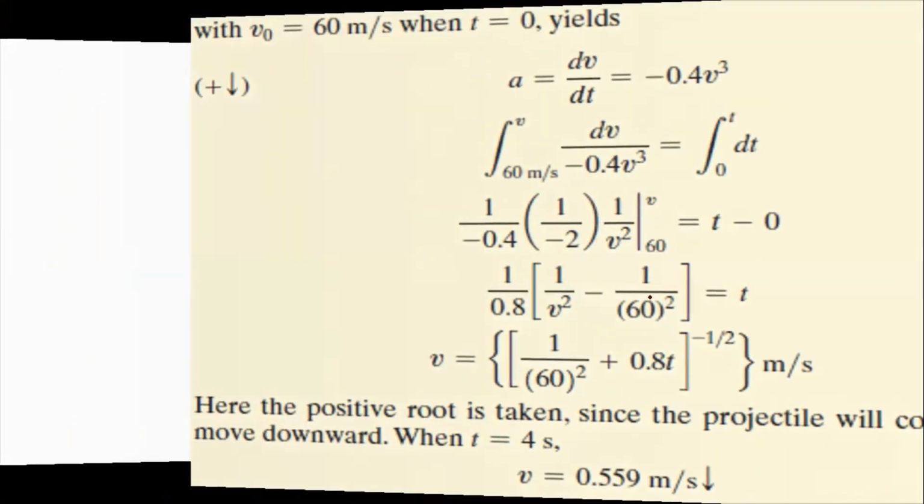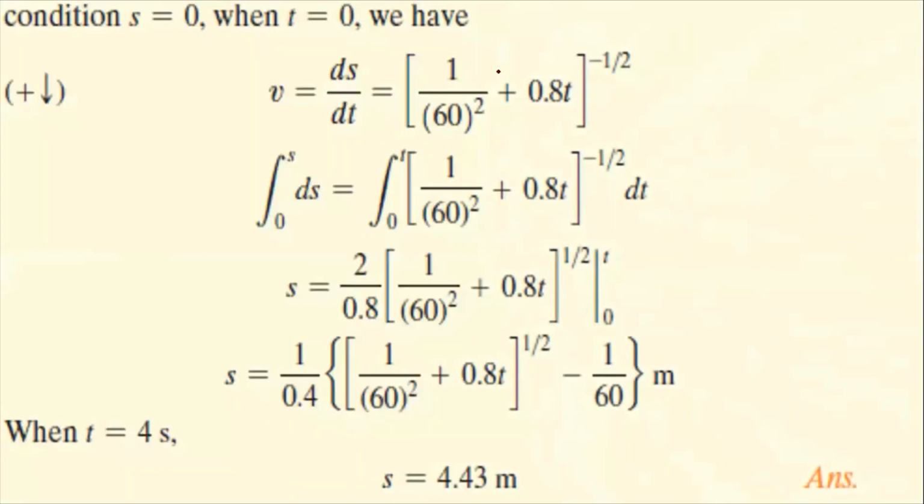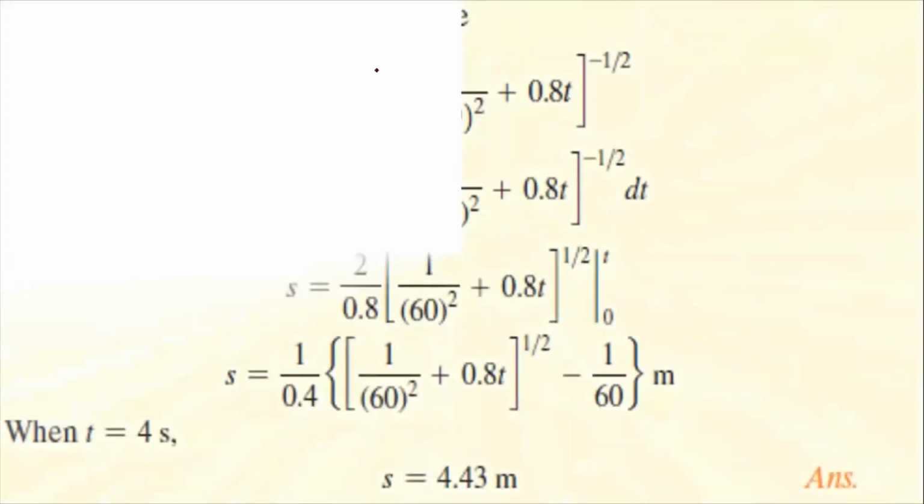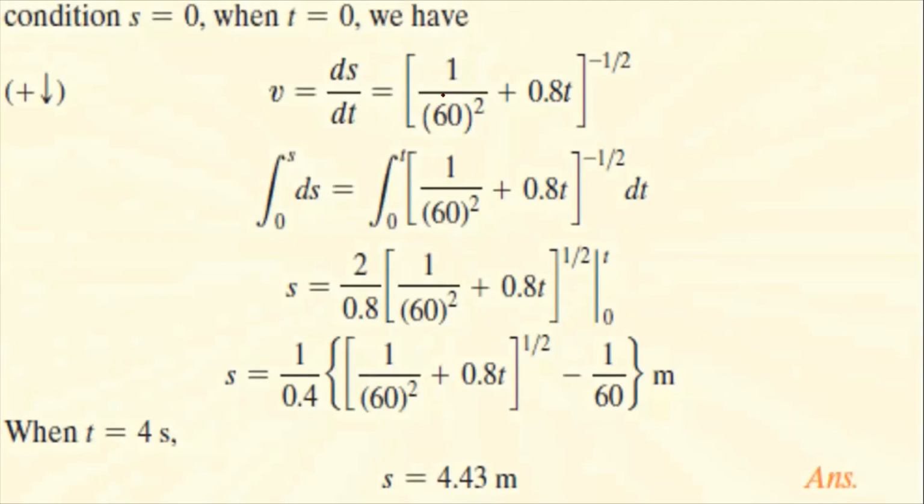Now I'm moving towards the next slide, and what we have to do now, s equals 0 and time equals 0, so v equals ds over dt. We have to write the equation here, this one. We will take this one here. So v equals ds over dt equals this. So ds is equal to, we will bring dt over here. We will bring this dt here. So in this equation, we will apply integration on both sides.